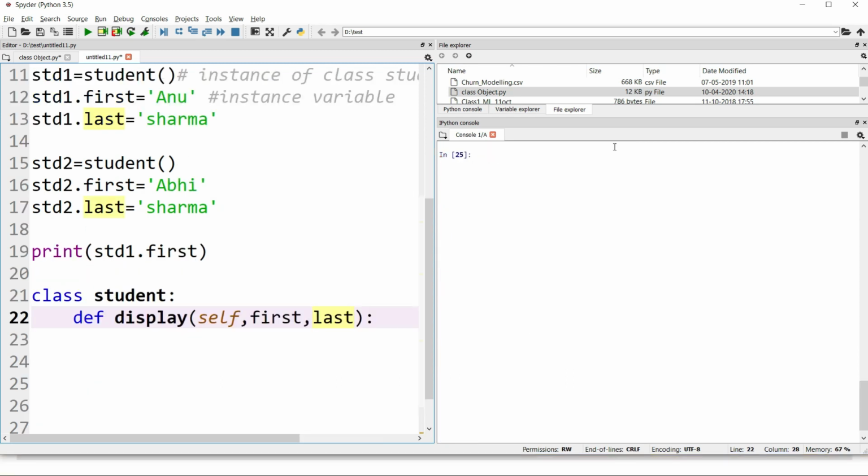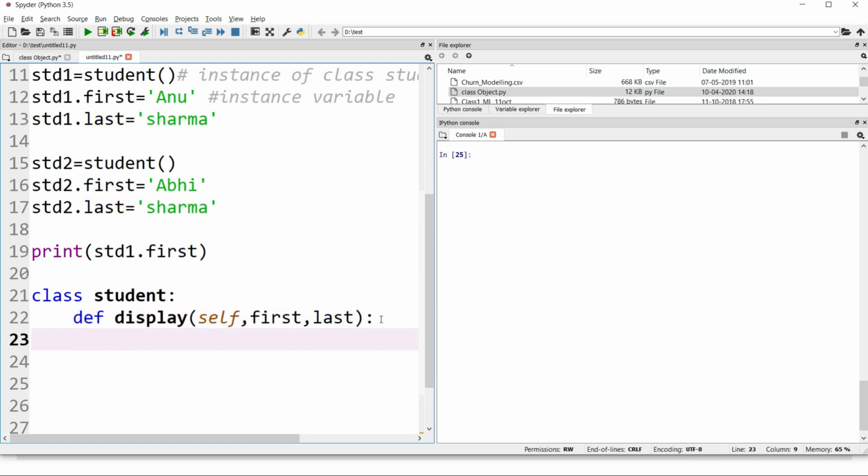So rather than doing that, what I thought was, let's rearrange my class. The first name and the last name passed by the object std1, student1, will automatically be passed here in your display method. Okay, so the self keyword is important because it tells you which object is actually calling this particular method, and that is why all the methods where you pass the first argument as self are also referred to as instance methods.